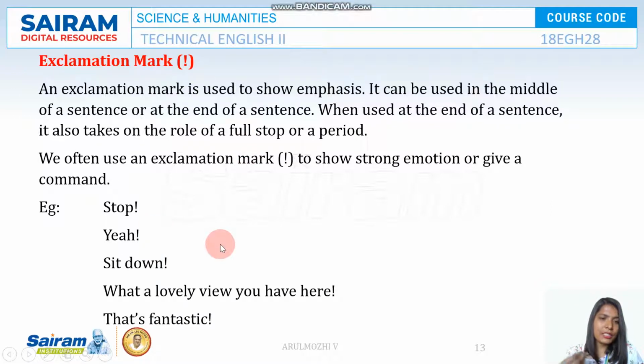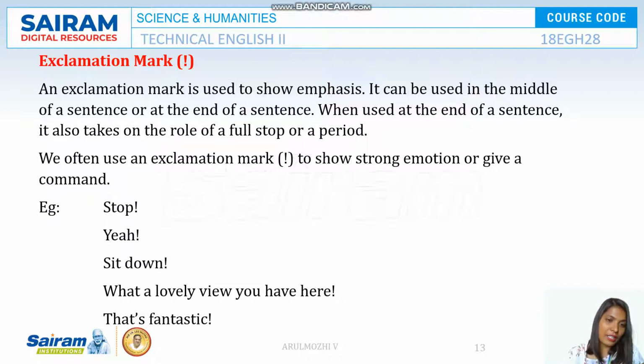your sadness, your happiness, when you comment, when you request, when you wonder. These things can be expressed through the exclamation mark. The exclamation mark can come at the beginning of the sentence or at the end of the sentence. If you use it at the beginning of the sentence, it seems informal. Take for example, wow, with an exclamation mark. What a beautiful house. If you say it like that, that is informal.